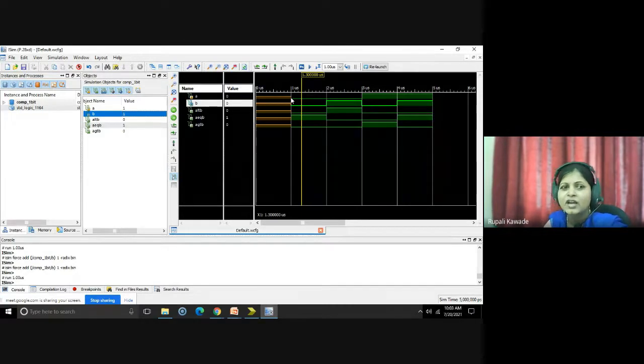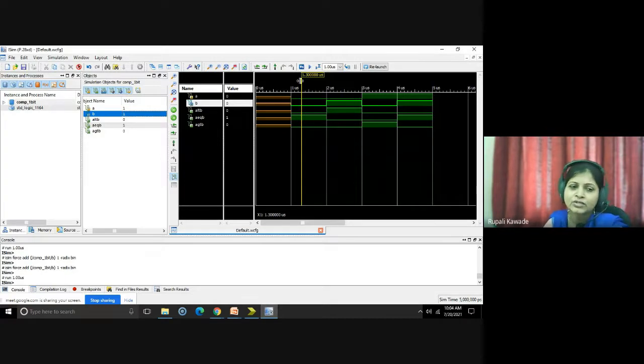But if you have to download it into a PLD, then what you need to do is assign the package pins, right? And then you can observe the output on your PLD. Like yesterday, you will assign the pins for A, B, and you will assign the LED pin numbers to the three outputs. Once you download it into a PLD, you can change the switches and simultaneously monitor the respective output for the different combinations of the input.